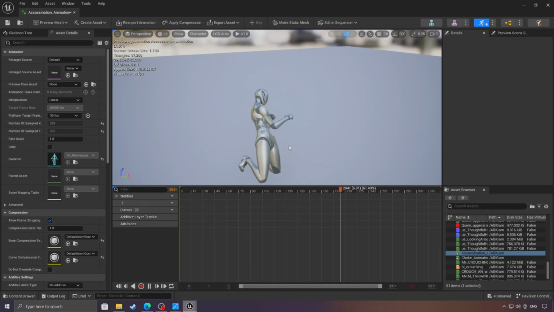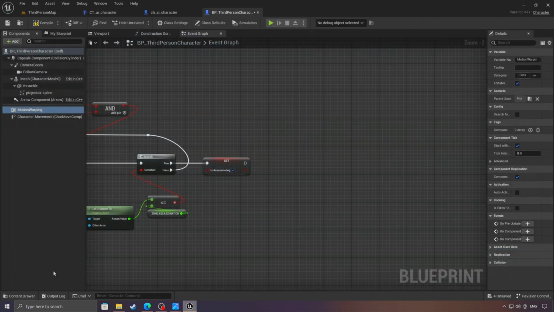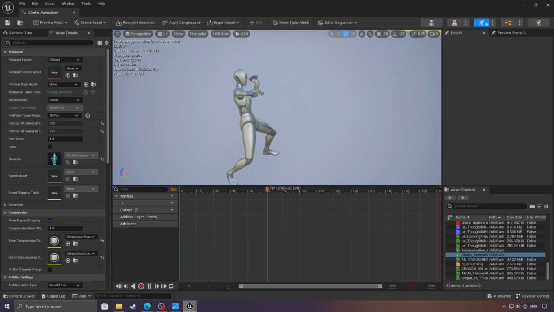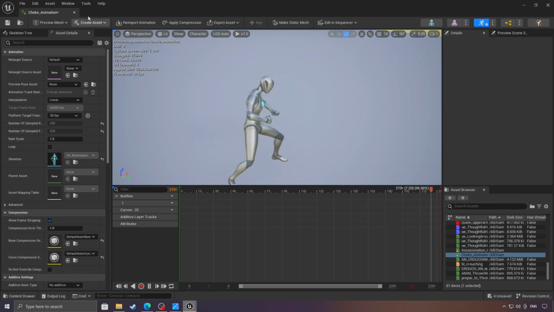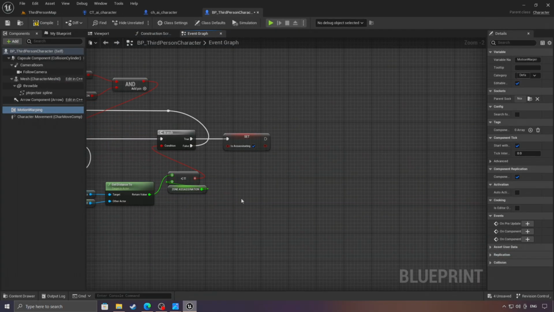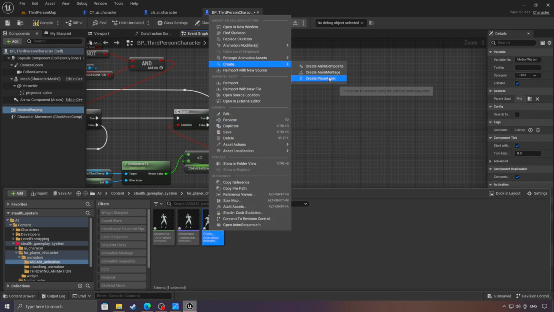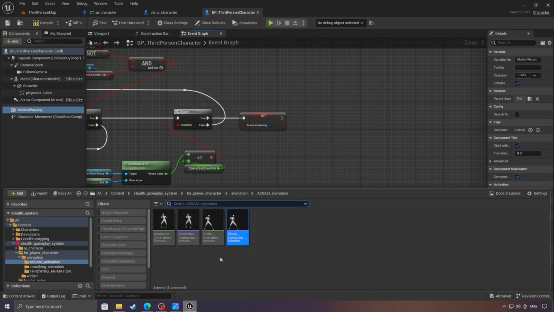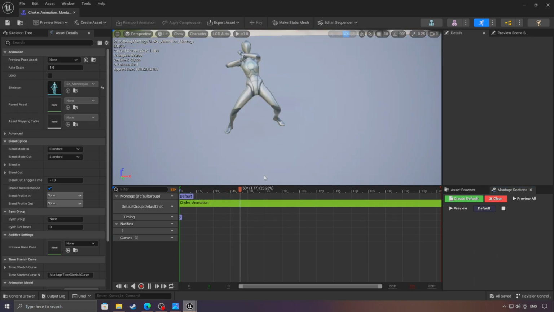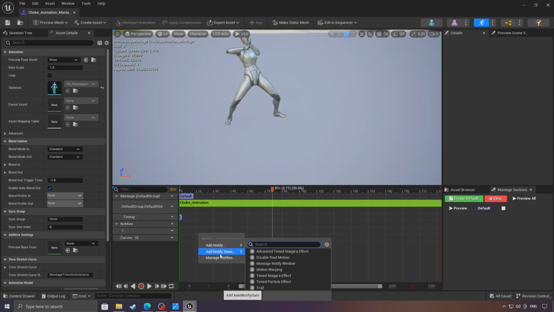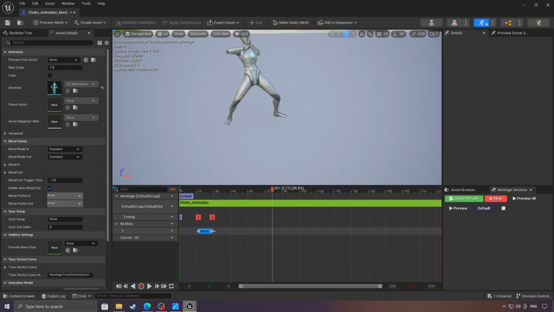I'll leave the download link in the description and on my Discord. We have the assassination animation and a strangling animation. I think they're good enough to be the basis for our system. We only need the assassination animation right now, but we'll create an animation montage that contains both since we'll need both later. Inside the assassination animation, add a new notify state of type motion warping and decide when you want